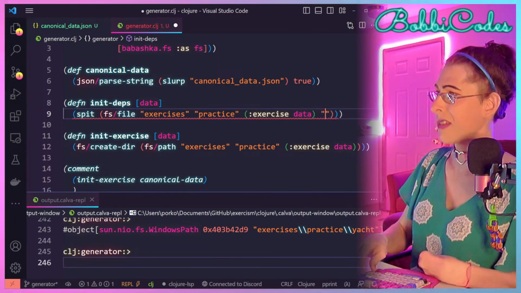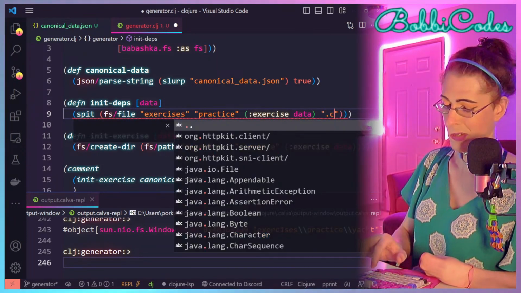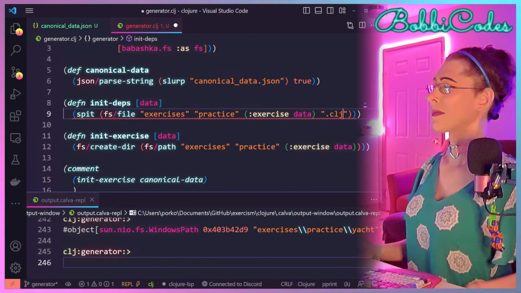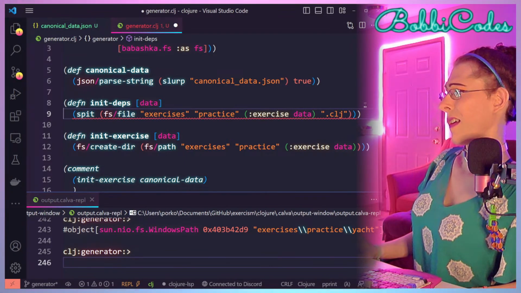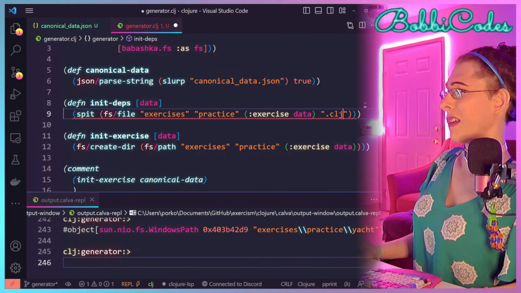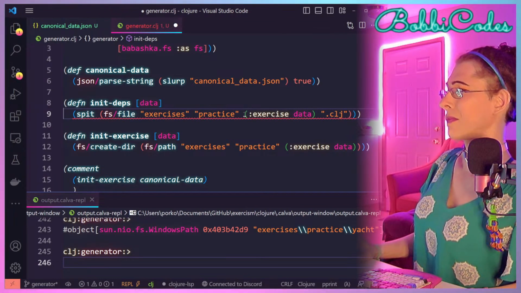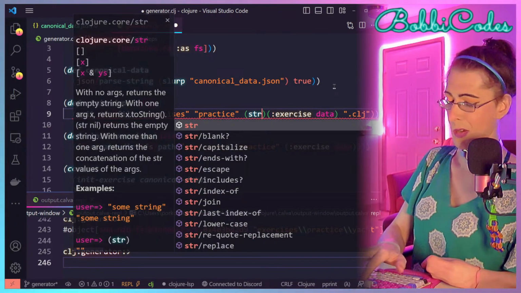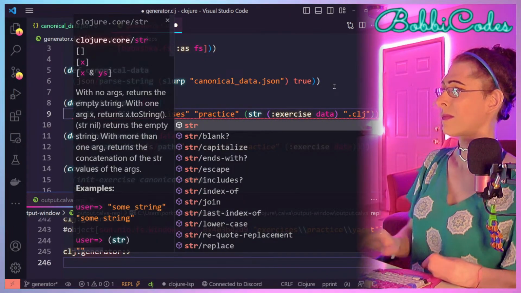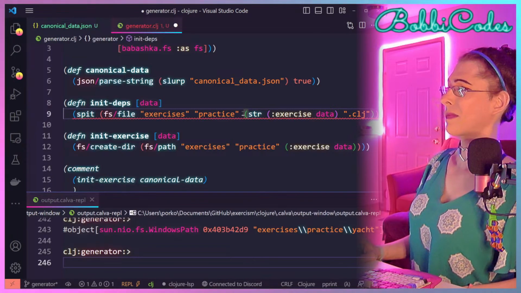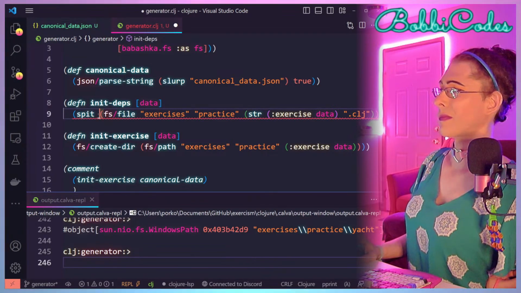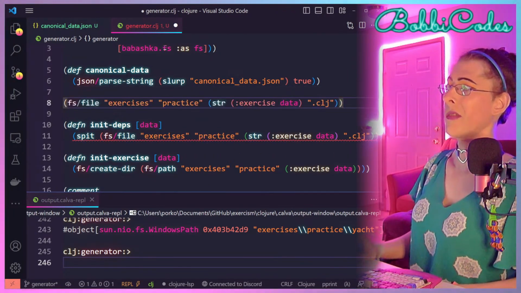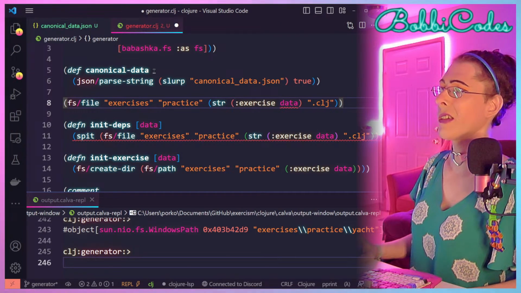And the extension will be .clj. Something tells me that's not right. Oh, we might need to do str here. I'll do this up here, right here, so that we can just see.